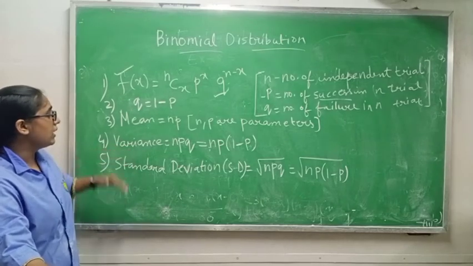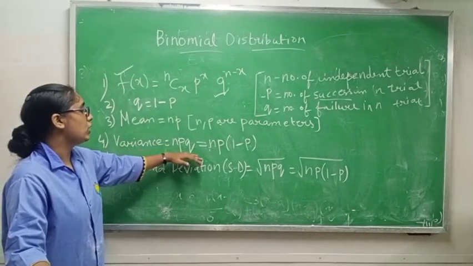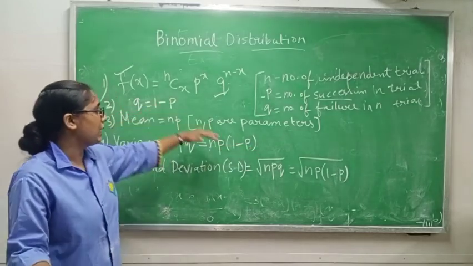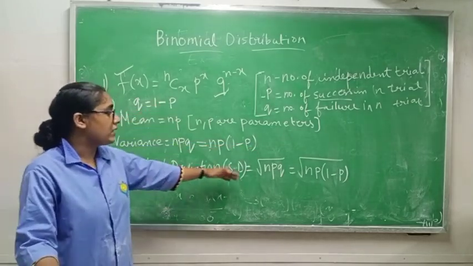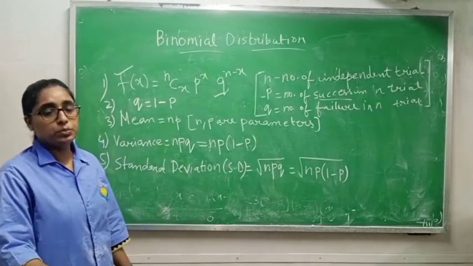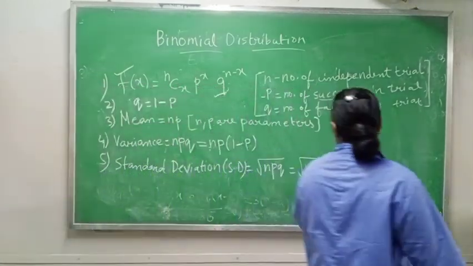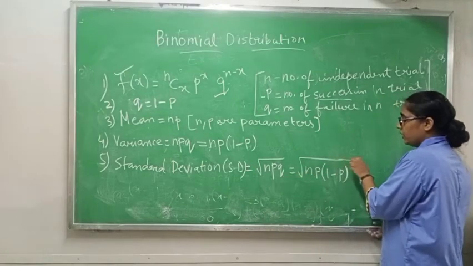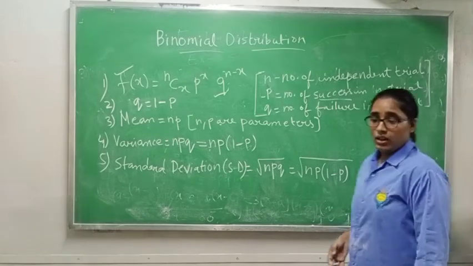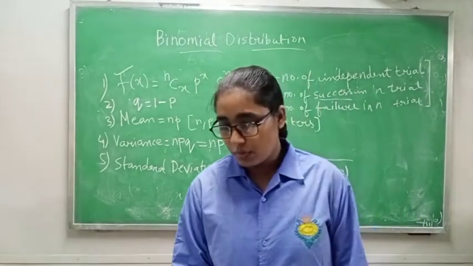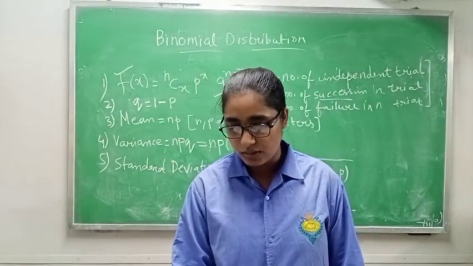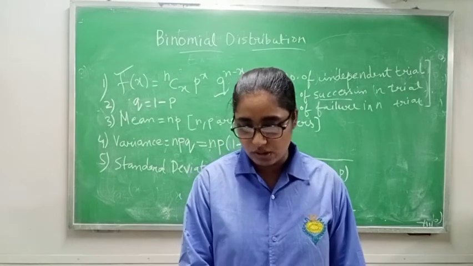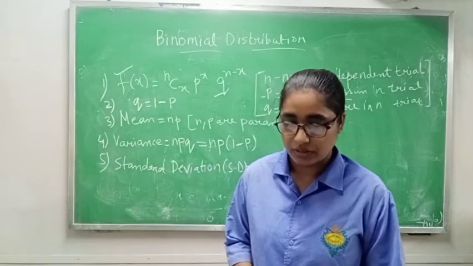Now to find variance, the formula is npq. In place of q you can also write 1 - p, because q is nothing but 1 - p. Standard deviation or SD, you can write root over npq. So np we can write as it is, and in place of q we can also write 1 - p. Go through very short questions because it is important. I have seen last year also they gave questions from this chapter. Multiple choice questions, only 4 are there, so please go through them.